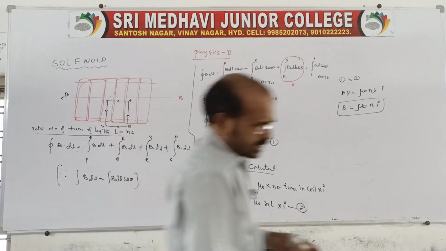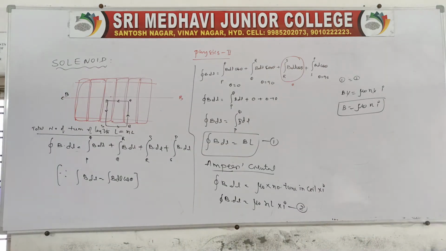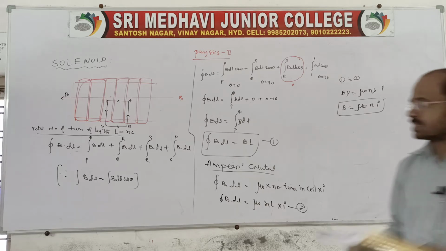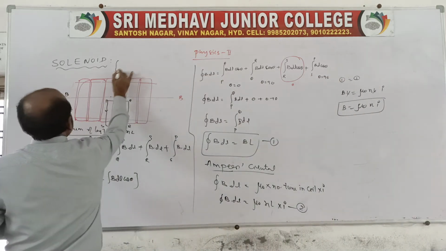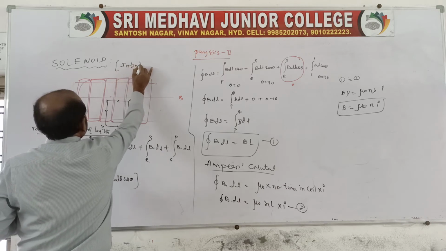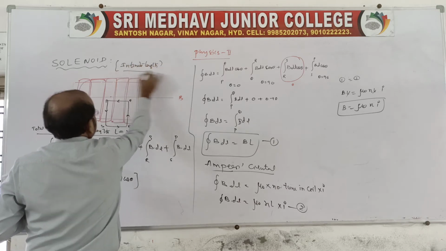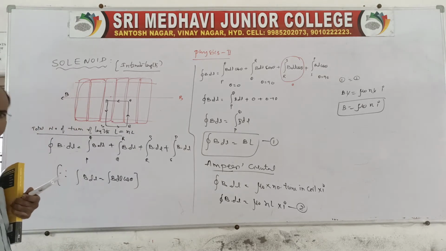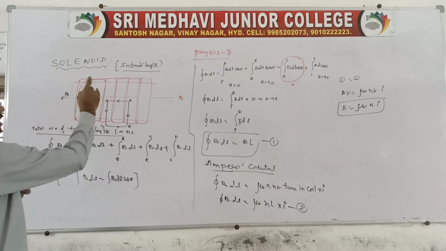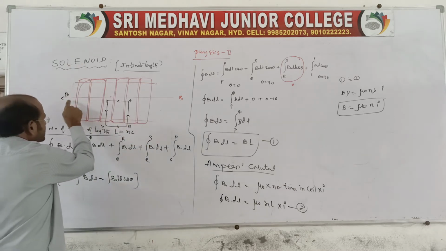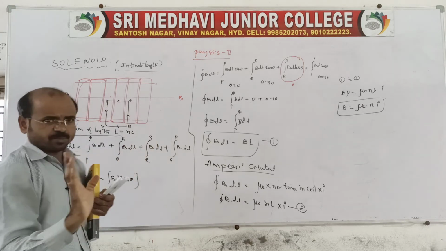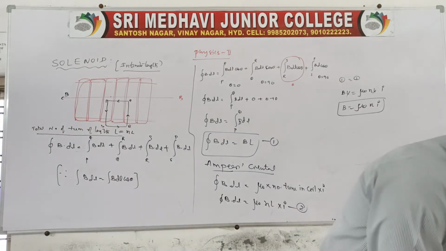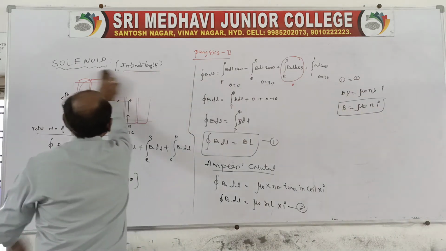Clear? It is a solenoid. Here on the basis of solenoid, let us have one problem also, same expression. See, this is for what it is? We can say it is only for the magnetic field due to a solenoid of infinite length. This answer is for infinite length. Like we have another one also, finite length also is there. That I'll tell you, finite length, but this is only due to infinite length. Due to infinite length, the magnetic induction at the center of the solenoid will be maximum. Right? See, on the basis of this, let us, one problem is there. I'll tell you that.